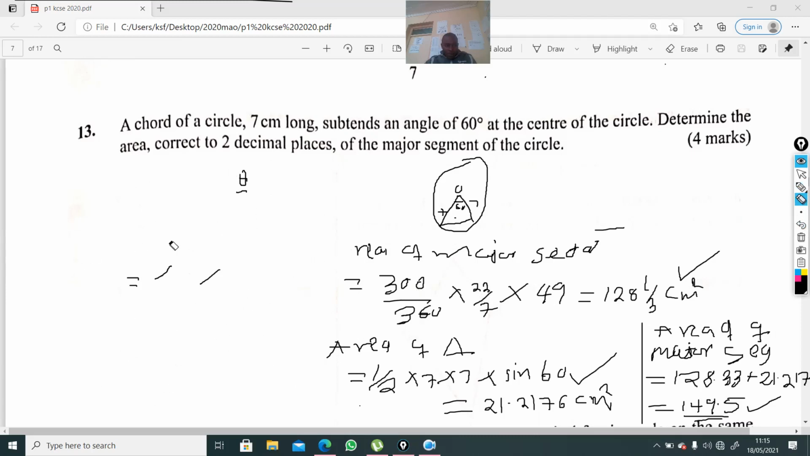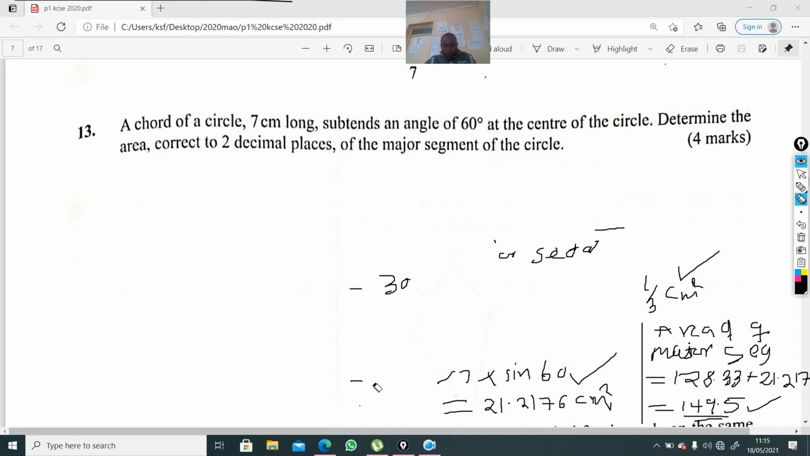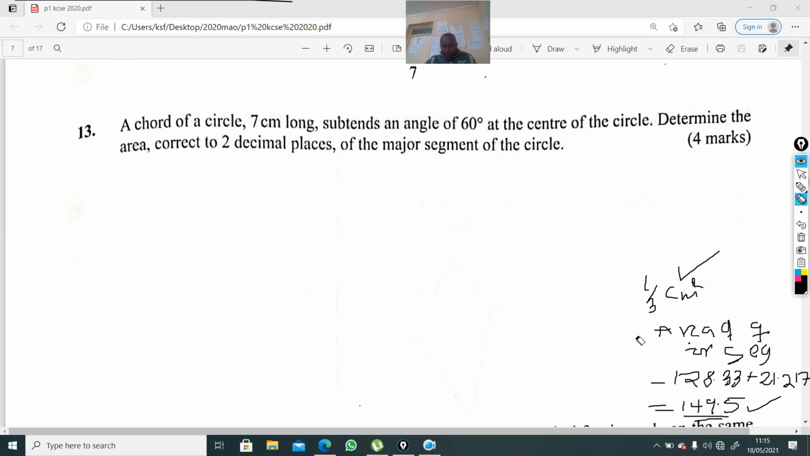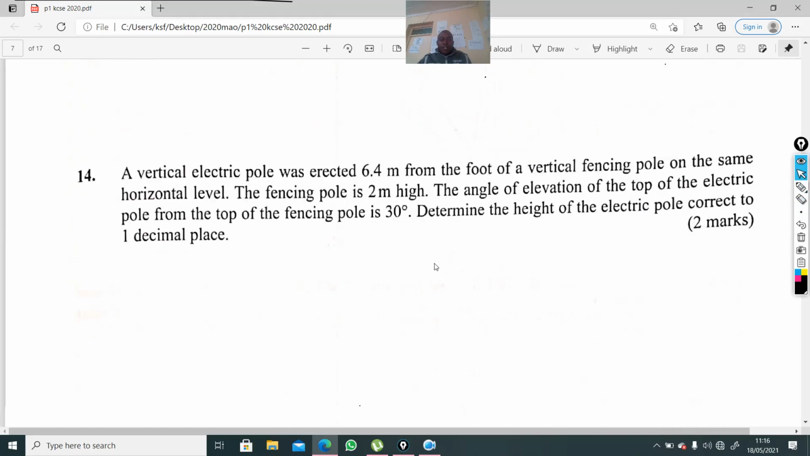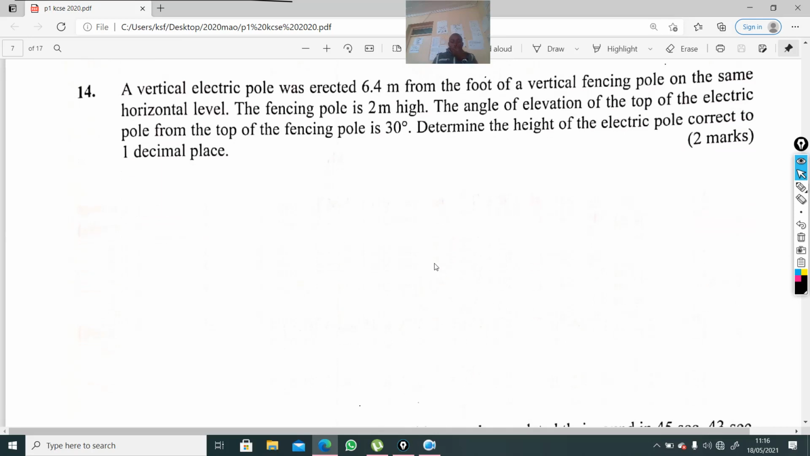We move to the next question, number 14. Number 14 is talking about